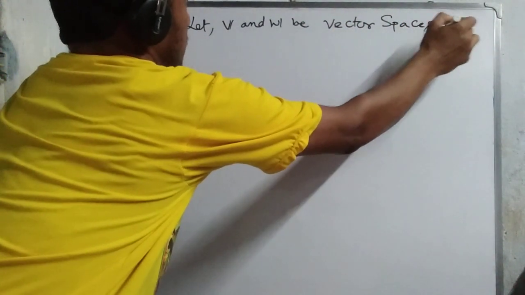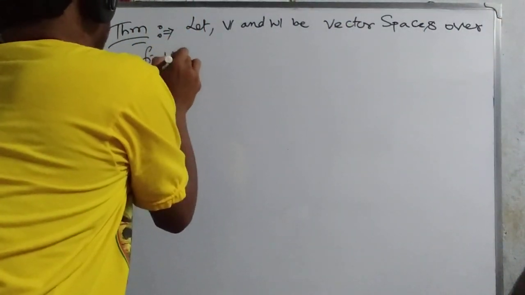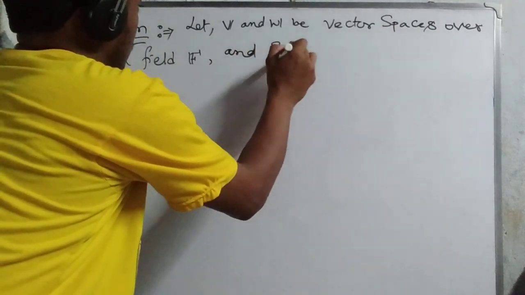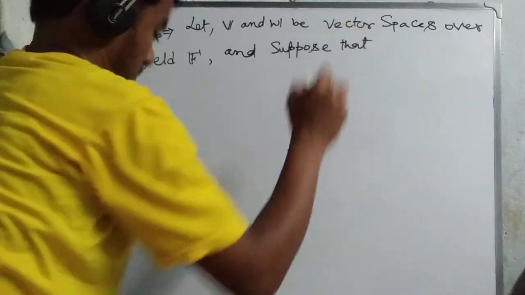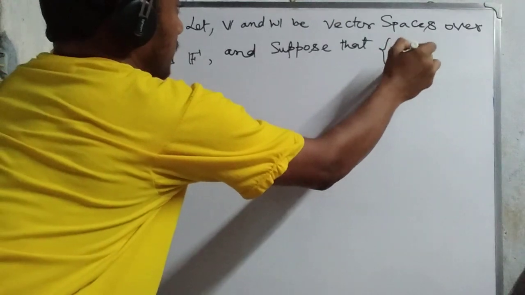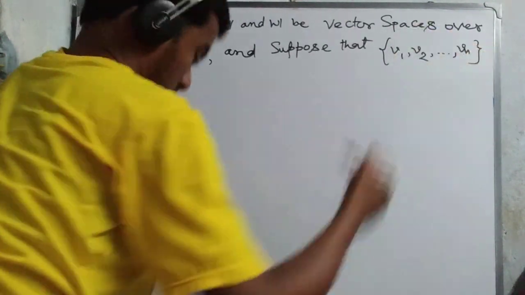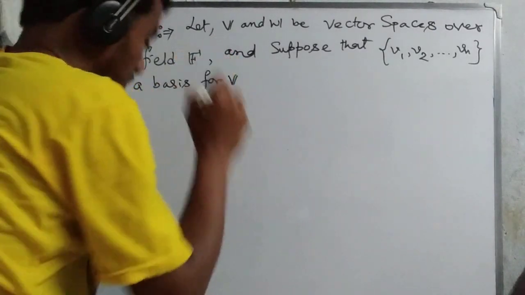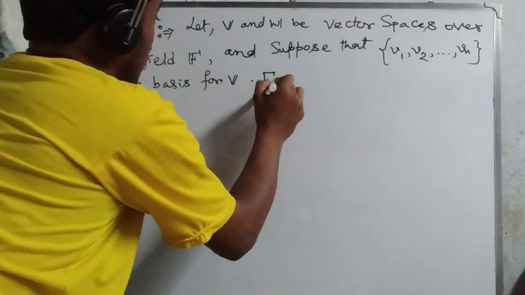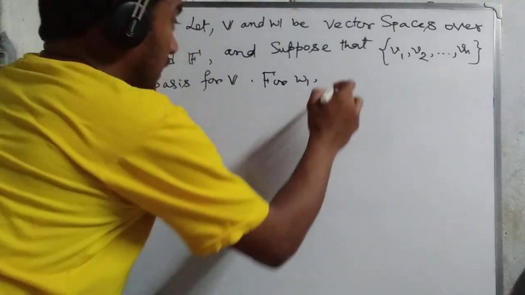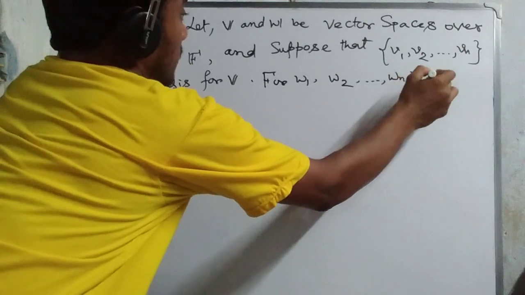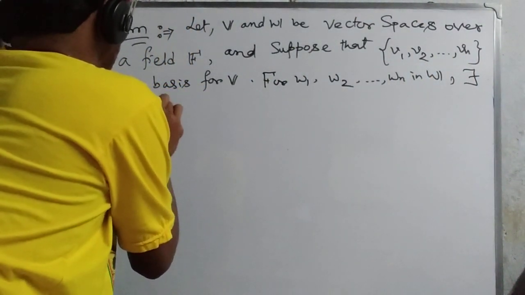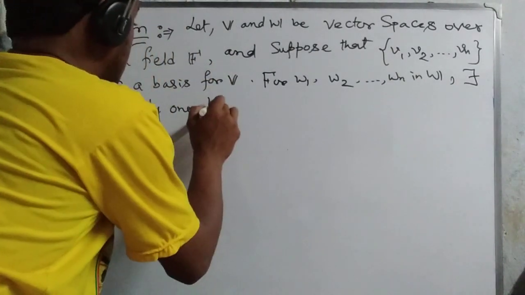Let V and W be vector spaces over a field F, and suppose that v1, v2, ..., vn is a basis for V, and w1, w2, ..., wn are vectors in W. Then there exists exactly one linear transformation